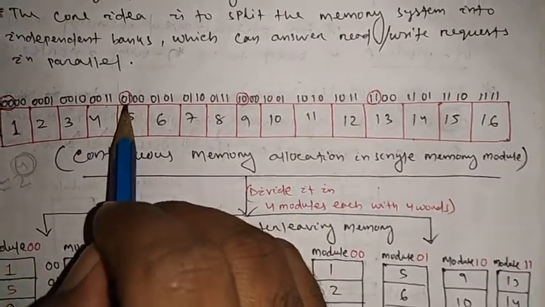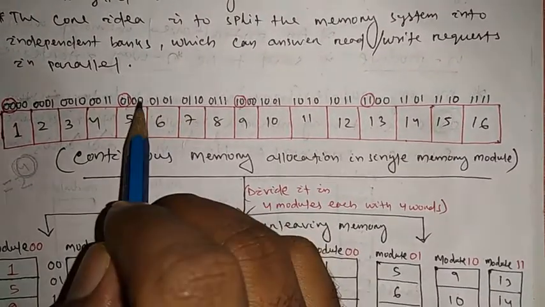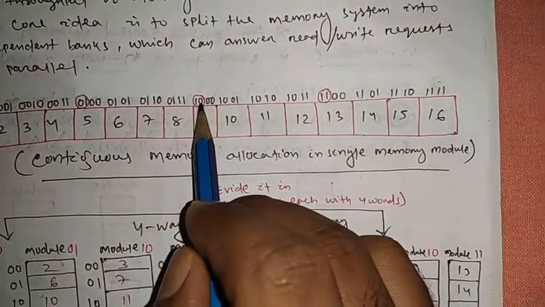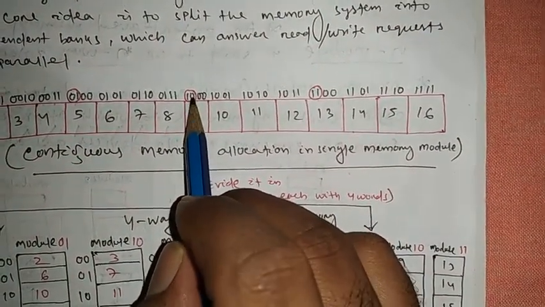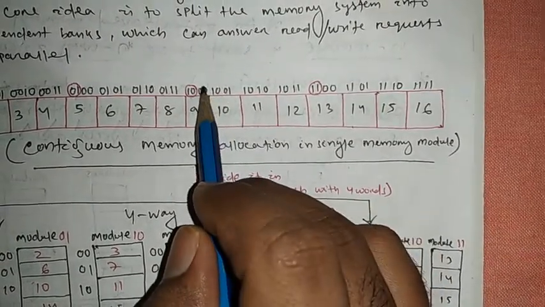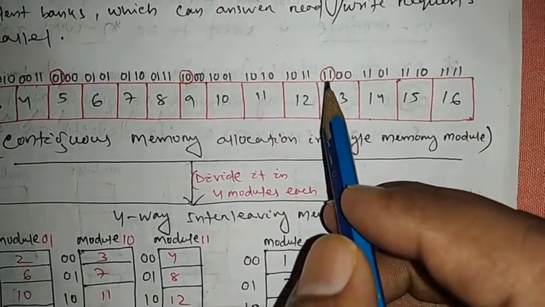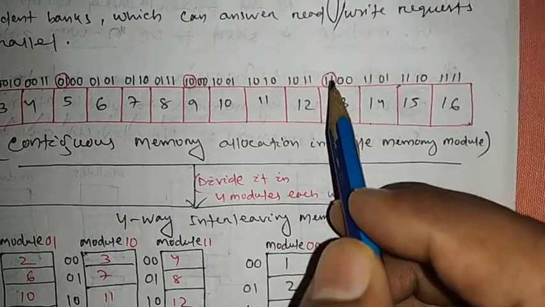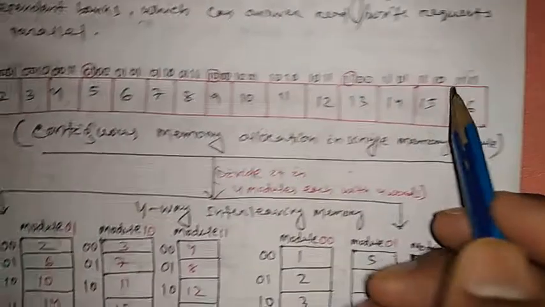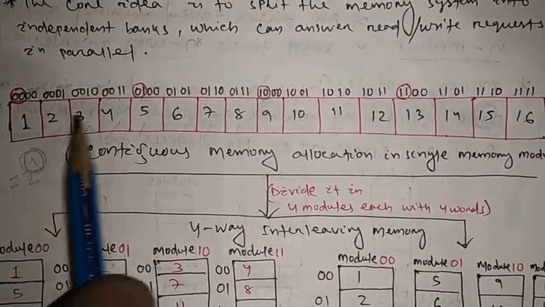Again the first 2 bits 01 repeat 4 times, then 00, 01, 10, 11. The first 2 bits 10 also repeat 4 times, then 00, 01, 10, 11. Finally the first 2 bits 11 repeat 4 times, then 00, 01, 10, 11. This way the words are represented in your